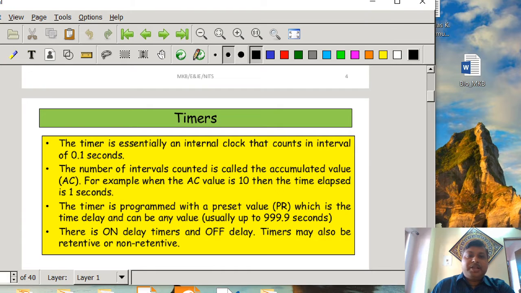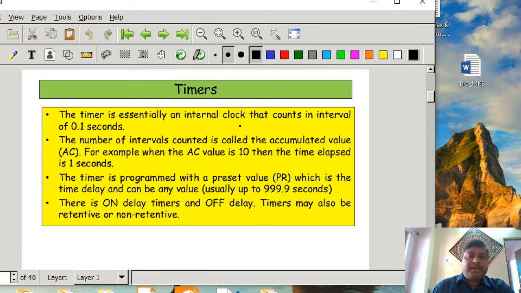A timer is essentially an internal clock that counts in intervals of 0.1 second. The number of intervals counted is called the accumulated value. For example, when the accumulated value is 10, the time elapsed is 1 second, because 10 times 0.1 is 1 second. So the accumulated value is the number of intervals, and the timer is programmed with a preset value, indicated by PR, which is the time delay, and can be any value, usually up to 999.9